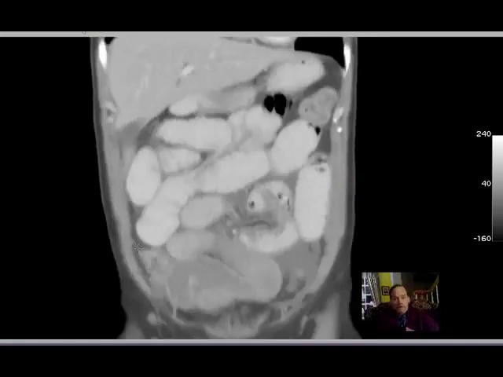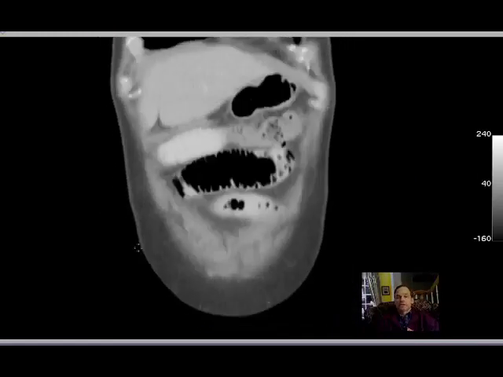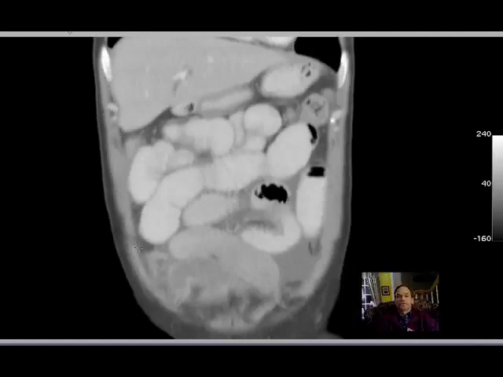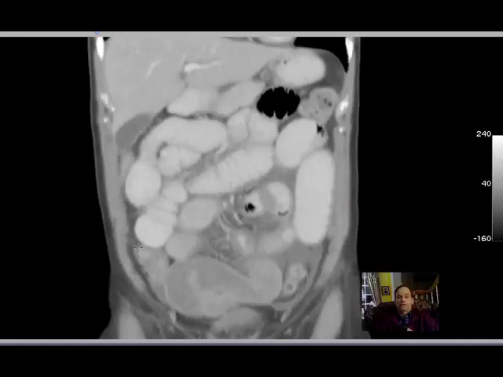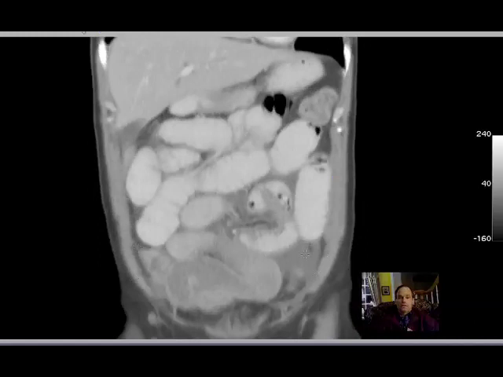Okay, other things to look for in a small bowel obstruction is ascites. Do you see ascites here? Do you see it? Yes. You can see it here, left lower quadrant. See that? It's fluid attenuation. Let's see, we should be able to get